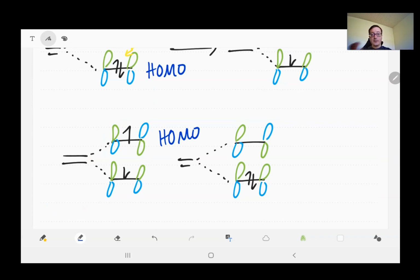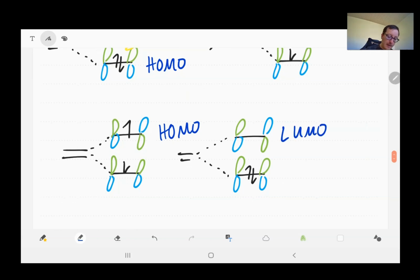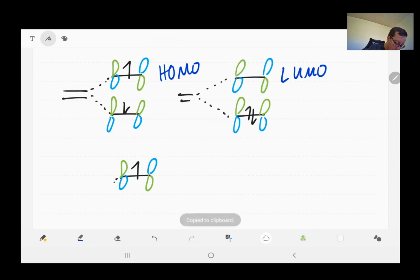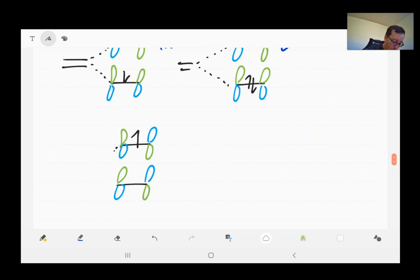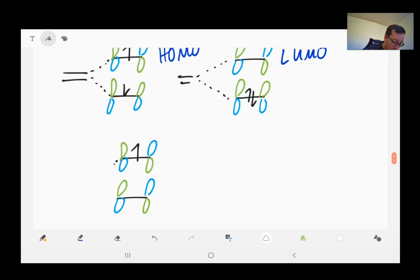If we take a look at a different ethylene molecule, we now see that the same orbital is the LUMO for the other ethylene. And so now if we take those two and put them together, if we want to see how those are going to overlap with each other, I can do this either way, but